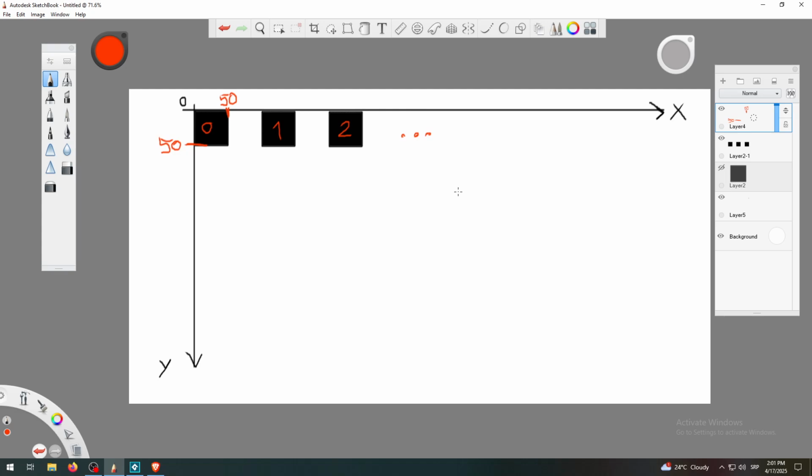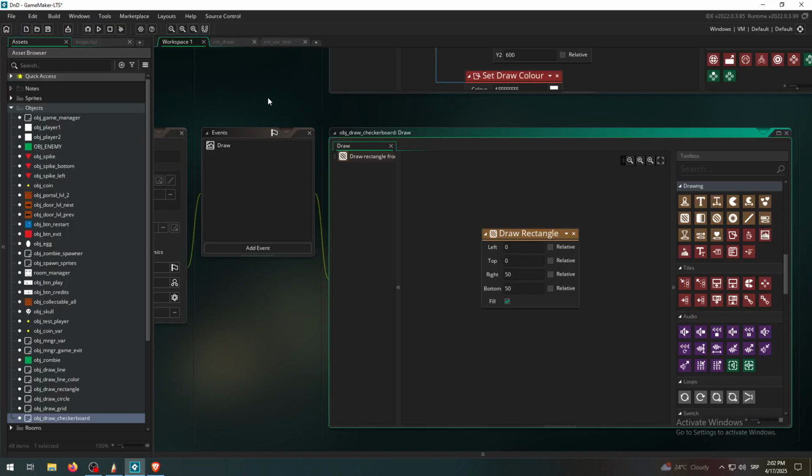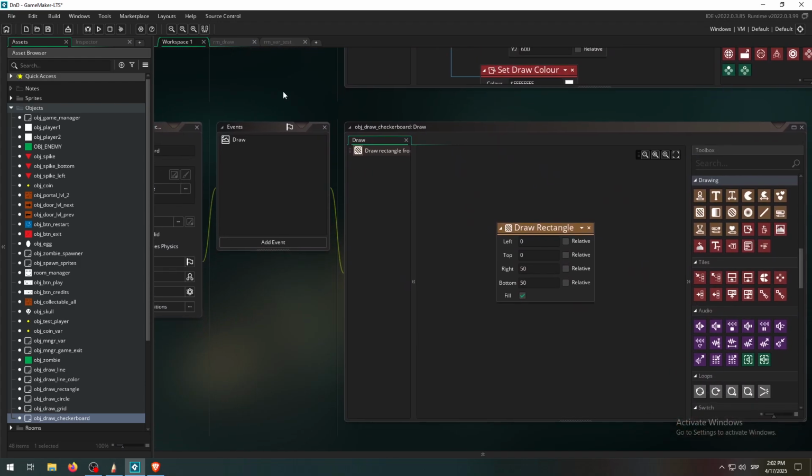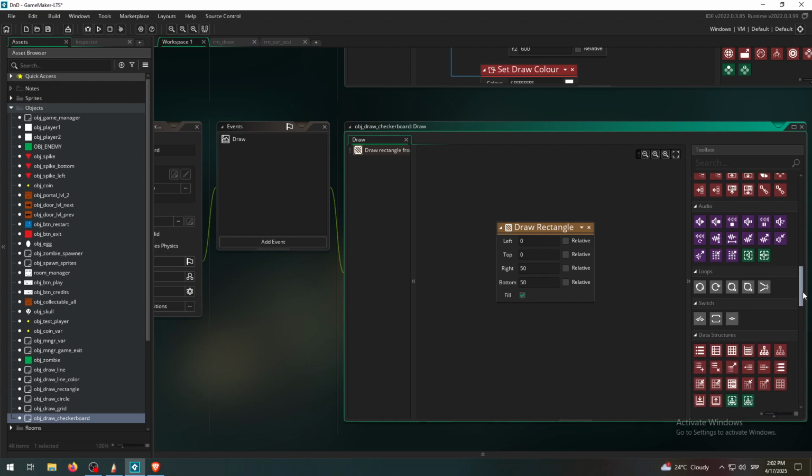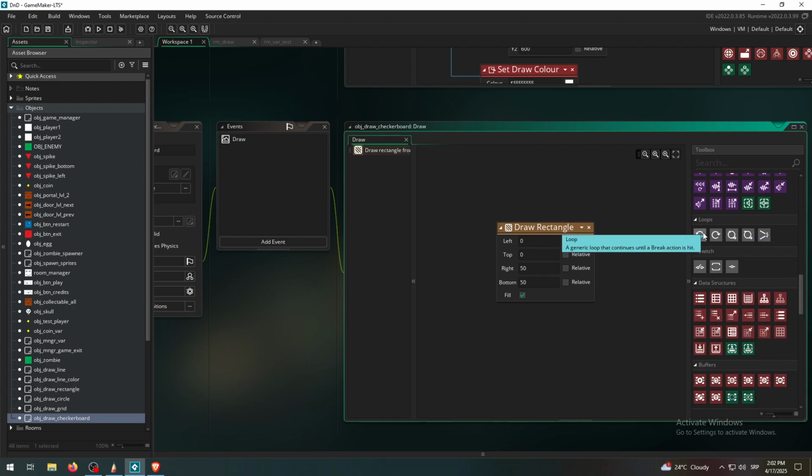So because I want to repeat the same process of creating something, when you want to do that, you want to use loop or some kind of loop. It doesn't have to be for, it could be while or whatever you like to use in specific situation, but when something repeats so many times, you want to use something to help you do that, and we have used loop for drawing grids, so let's try to find loops. Here it is. We have loop, repeat, while, and for. I will use for loop because I want to